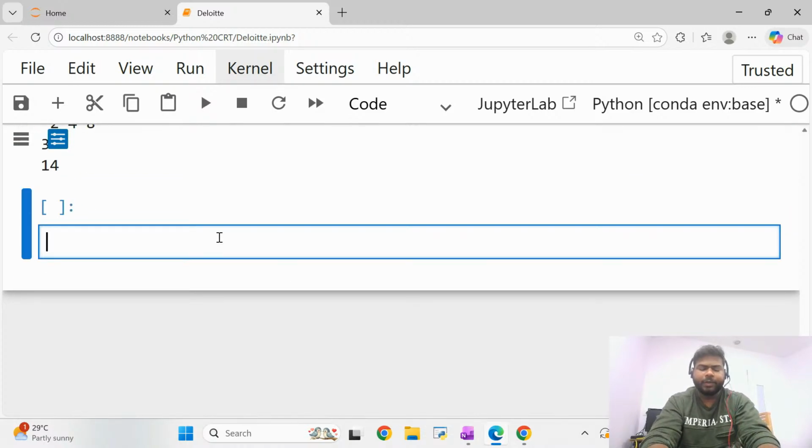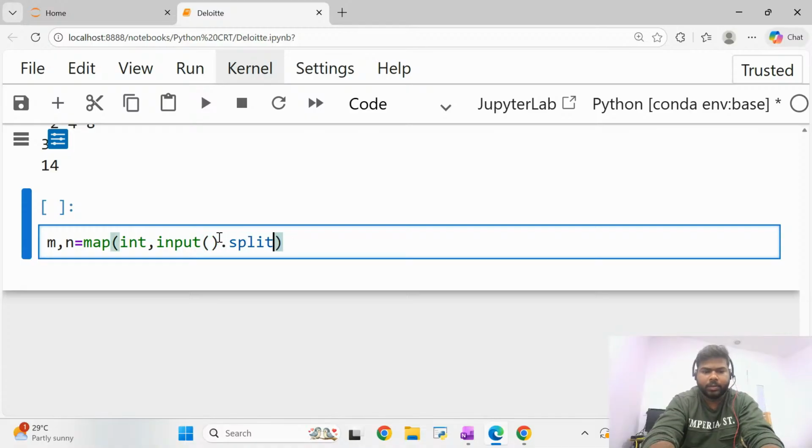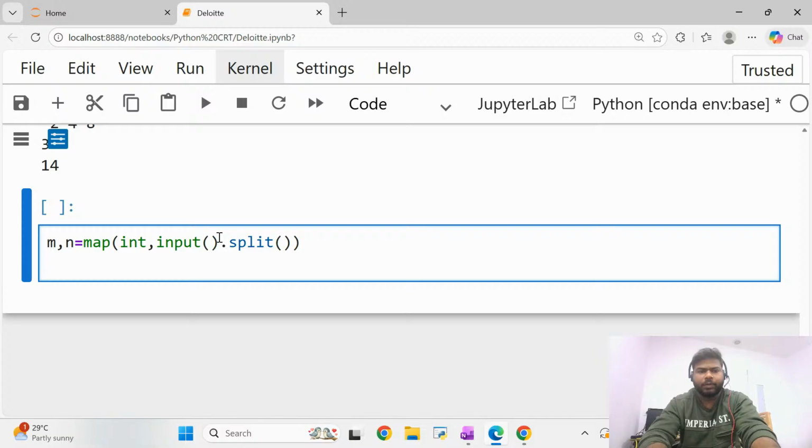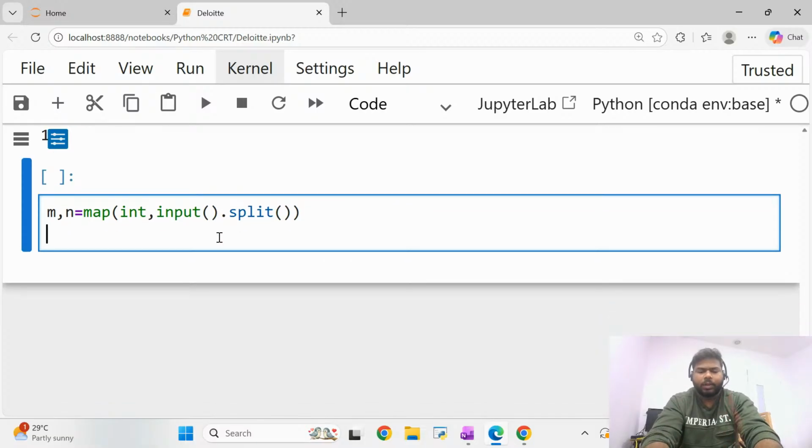So in the first place, he asks us to take inputs of m and n. I'll be taking it in the same line. For that, I'll be using the map function as they are integer data type and positive int input, with .split. Till here it's done. Once you've taken inputs, your actual task begins, and you need to find the absolute difference